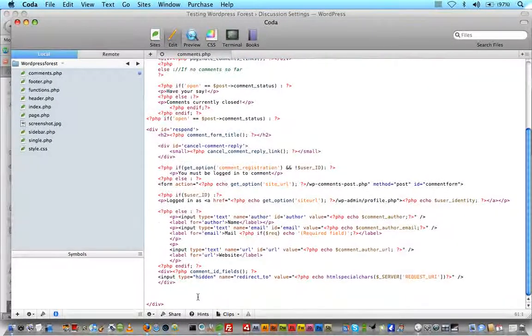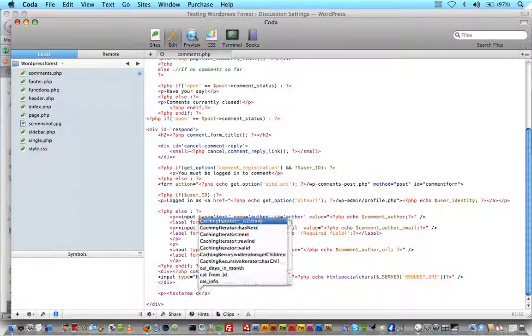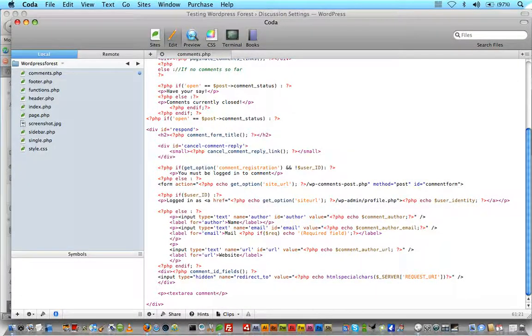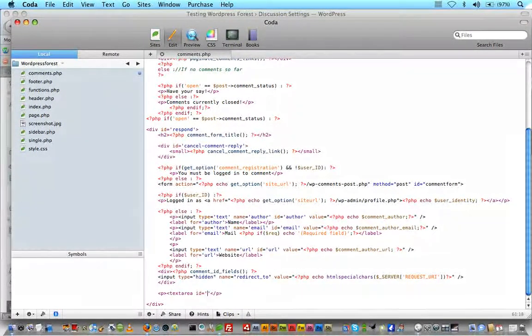Underneath that div, we're going to go ahead and add our text area. It's important now that our text area has an ID of comment. This is also one of the many things that we've gone over that WordPress needs in order to thread the comments correctly. So ID comment, name